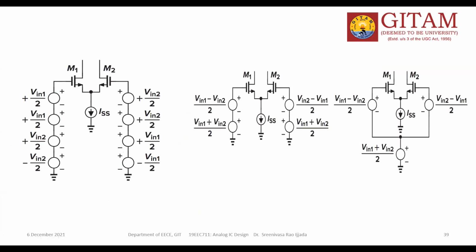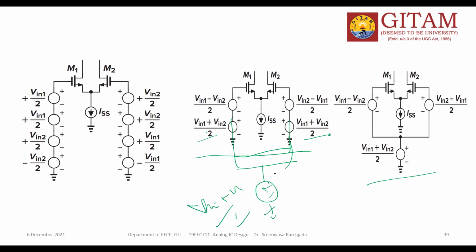Now we can write like this. So (Vn1 minus Vn2)/2, (Vn1 plus Vn2)/2. This is also different. Now these two are grounded. I think this term and this term are the same and common, so I can draw it like this. Since it is common, you can draw it here. So (Vn1 plus Vn2)/2. That's it. This is the half circuit method.